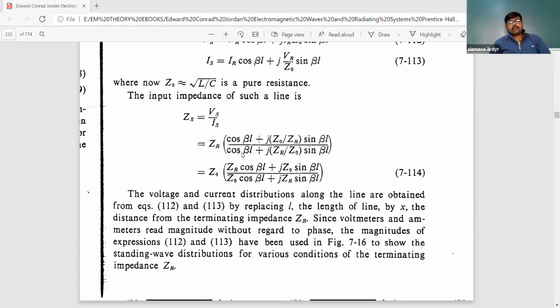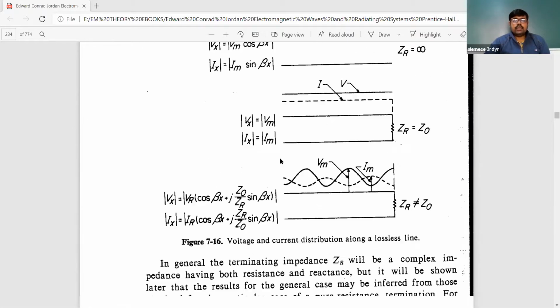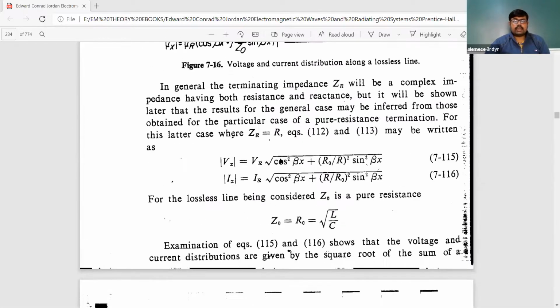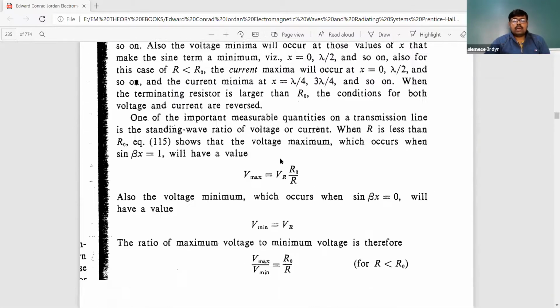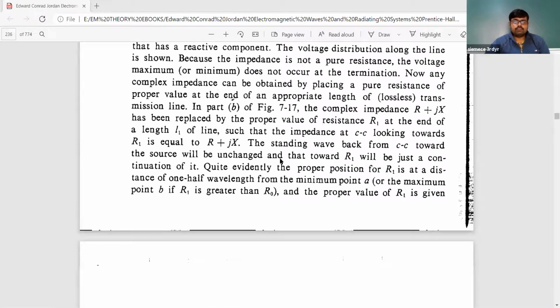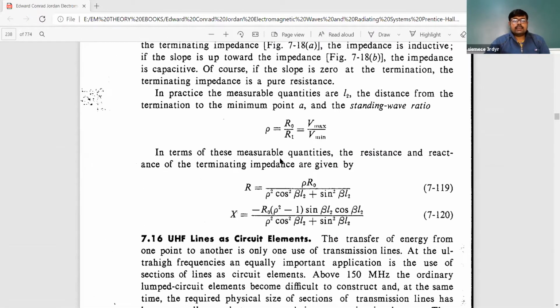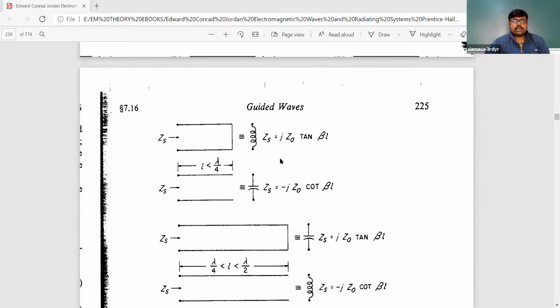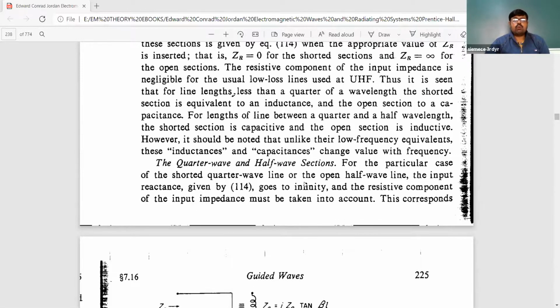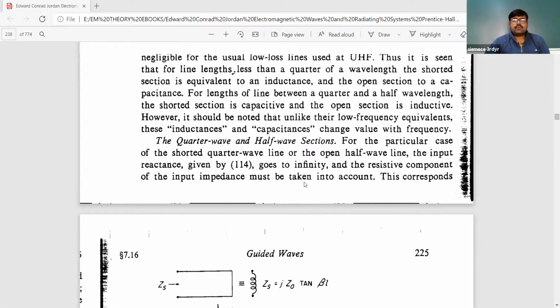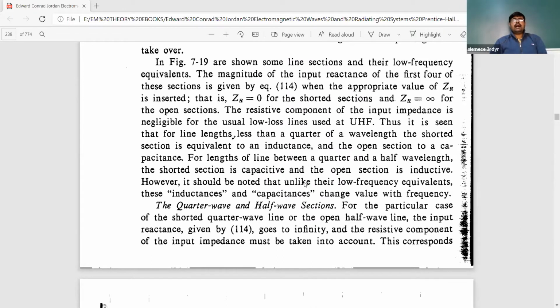So the voltage and current distribution we have seen regarding this ZS and the Z naught relation. We have established the relation between these two, and we have seen the different equations that we are getting associated with this particular form. Next, I want to mention the application of the quarter wave and the half wave section, but before going to the quarter wave and the half wave section,